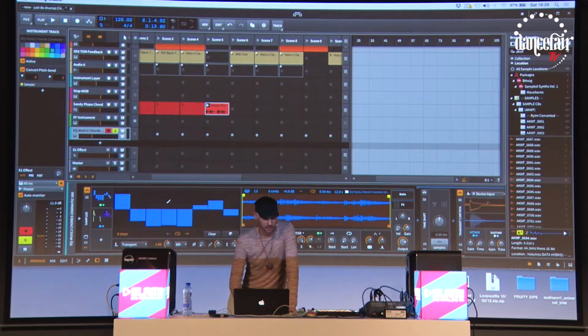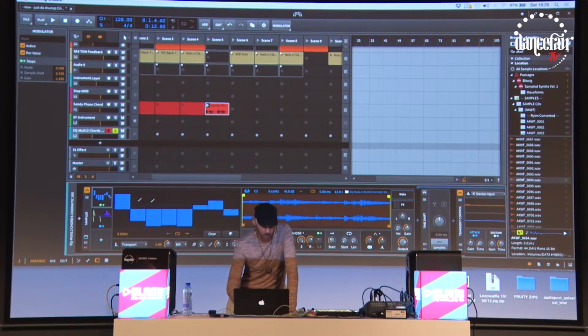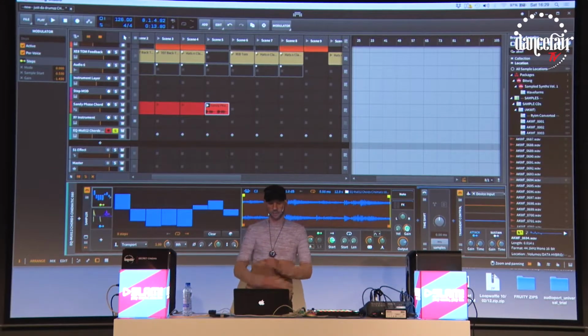So what happens is I placed a step modulator here, and with this I am shifting through the start point of the sample, and that can make really cool